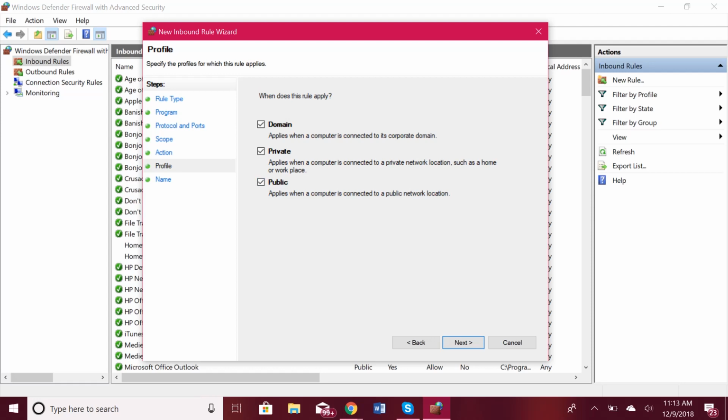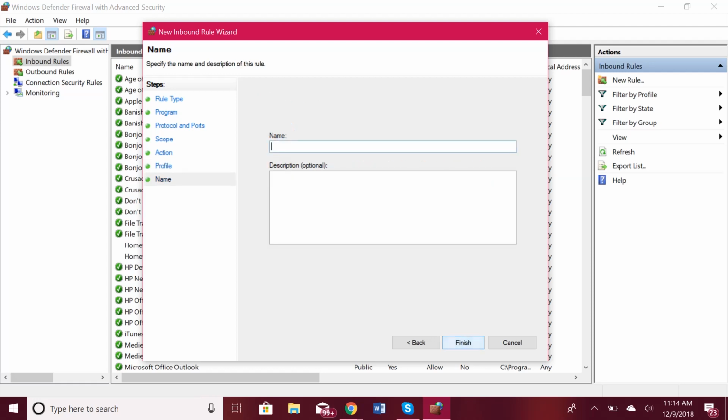Maybe you don't want that. Maybe you don't want this to apply in public. You don't want those packets coming in out in public. So let's go ahead and do that. Now we can name our rule here. Let's do